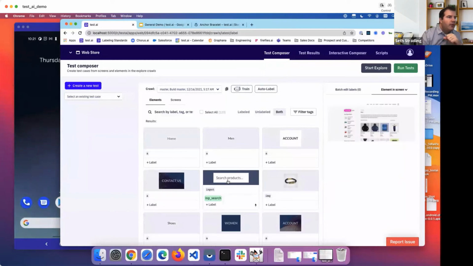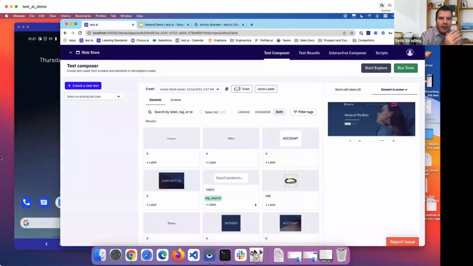All right. So one of the questions we get is CI/CD integration. If you want to do continuous integration, if you want to be able to run automated tests, a pipeline, regression tests, smoke tests, we are built from the ground up to do that as well. I'm showing you the